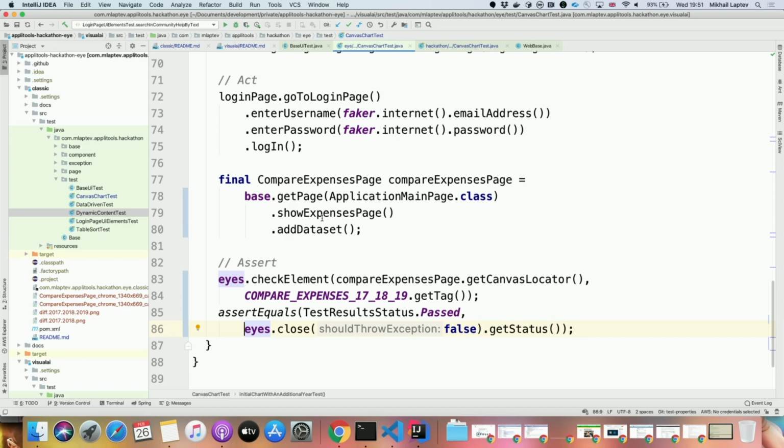I'm adding, for example, another dataset, and let me check the element. An element is basically, here you return a locator of the element that represents the chart. So Applitools gives you a lot of capabilities. You can do different kinds of comparison,